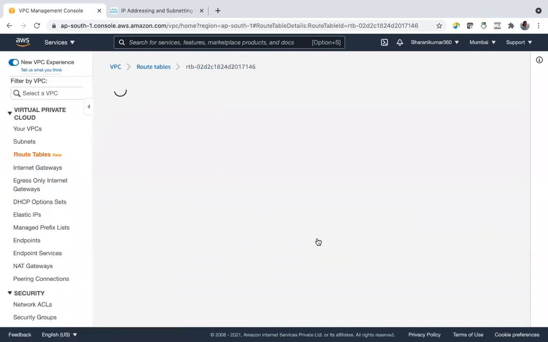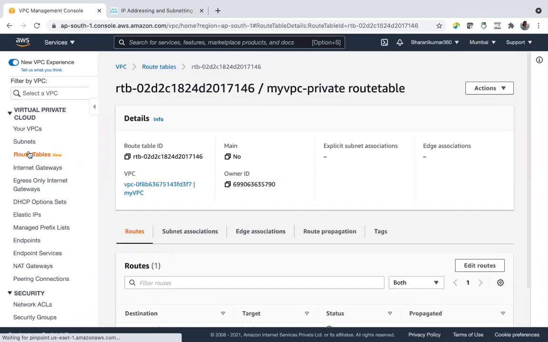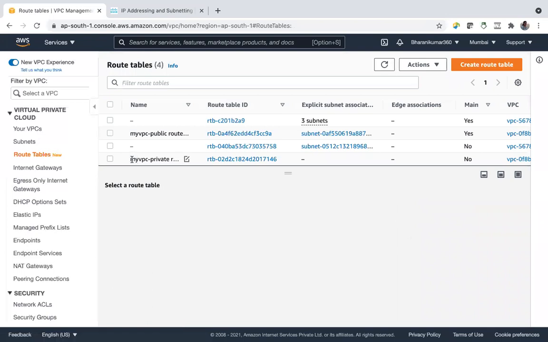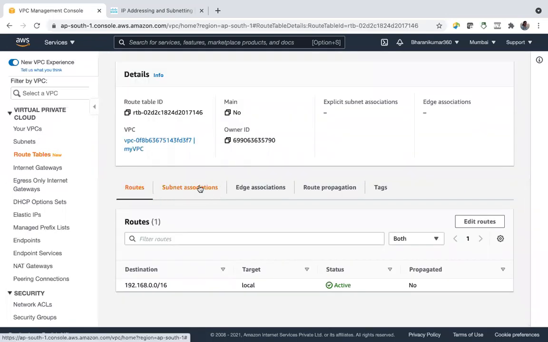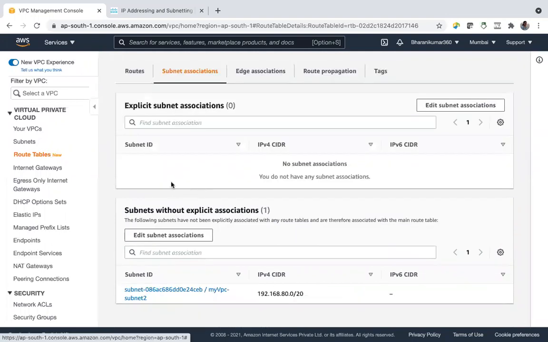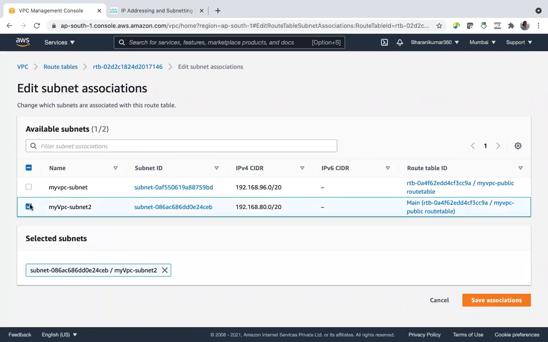So cancel. And this is our private route table. And subnet associations. No subnet associations. Edit. And I know that this is associated with the public route table.